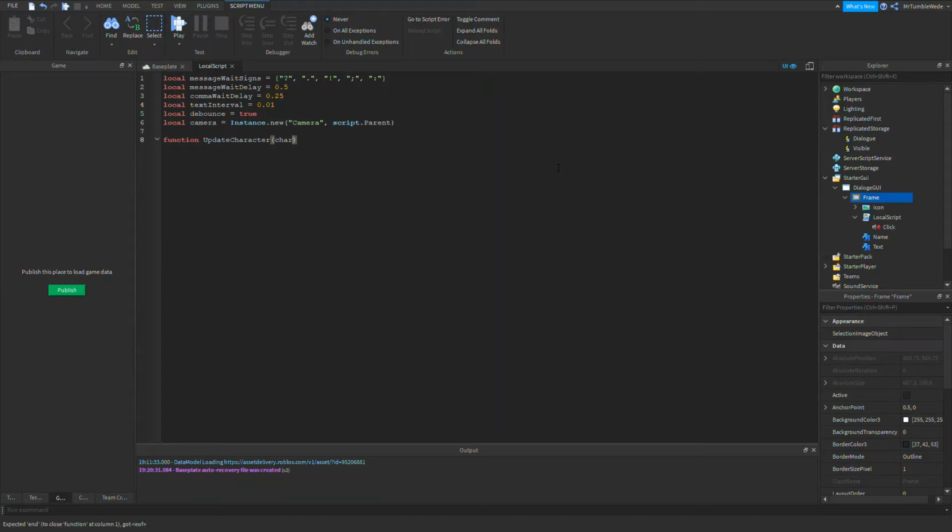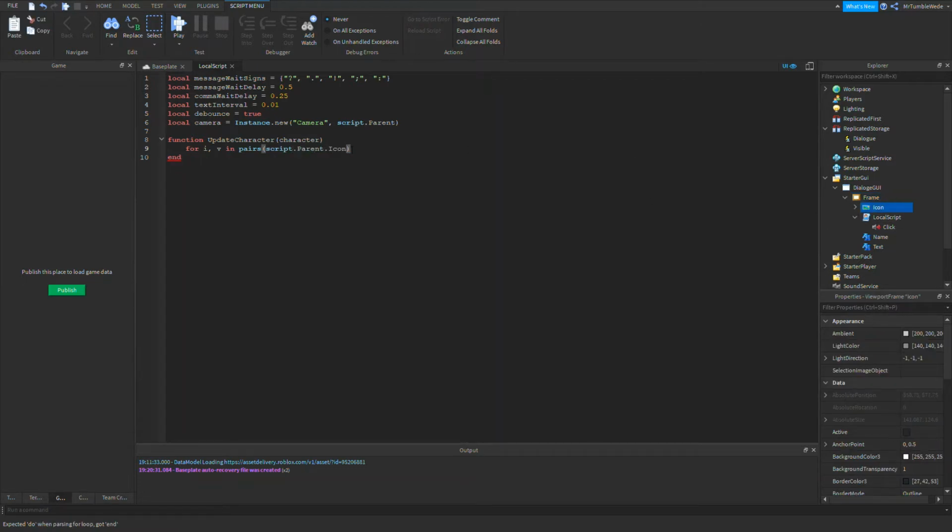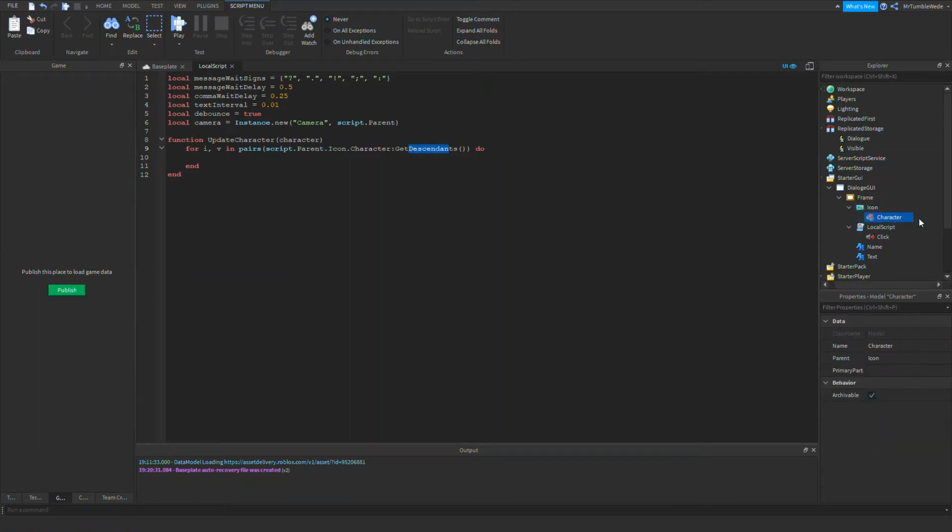So you want character, and now you want to do for i, v in pairs script.Parent.icon, which is the viewport frame, and then .character:GetDescendants(). We use GetDescendants to make sure that we can get all the objects. Descendants means every single instance, like every single object inside the thing.